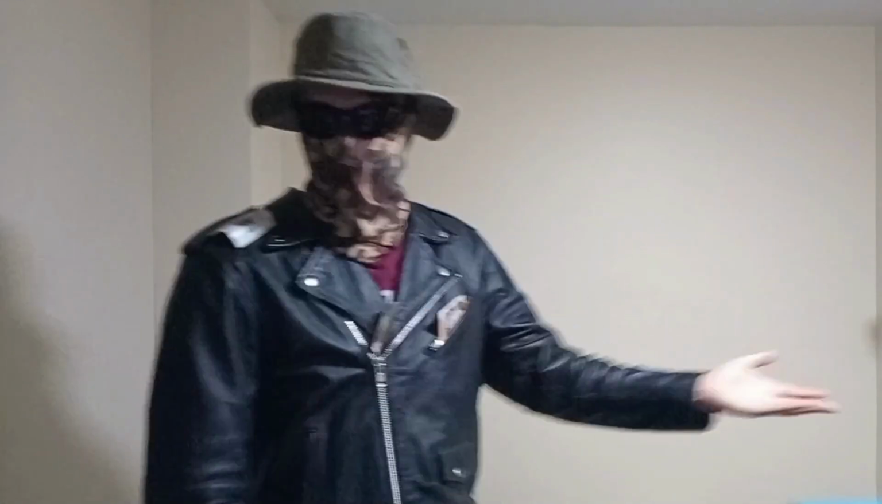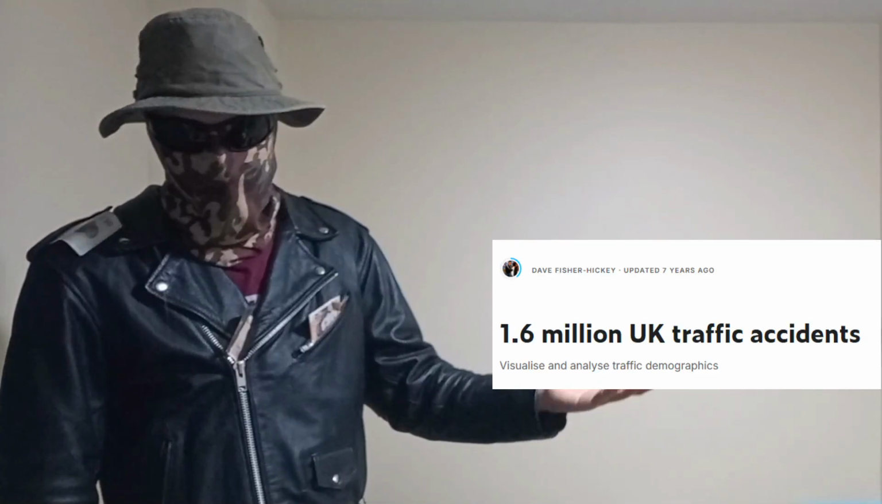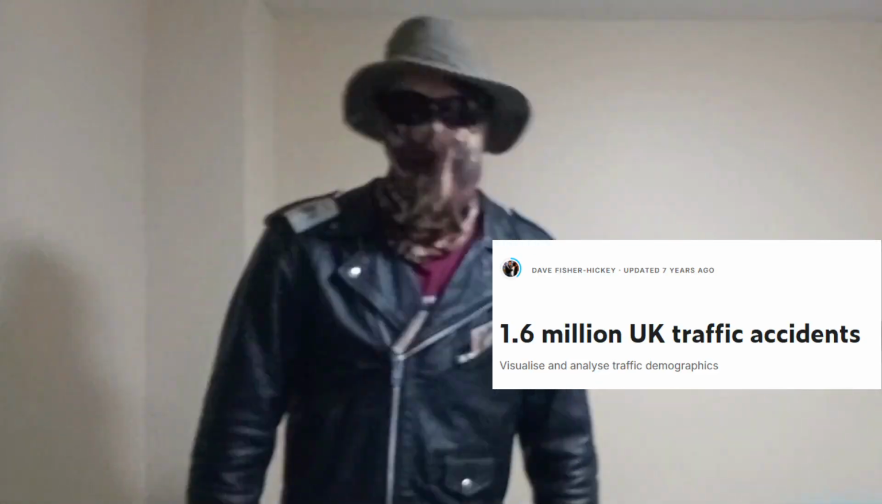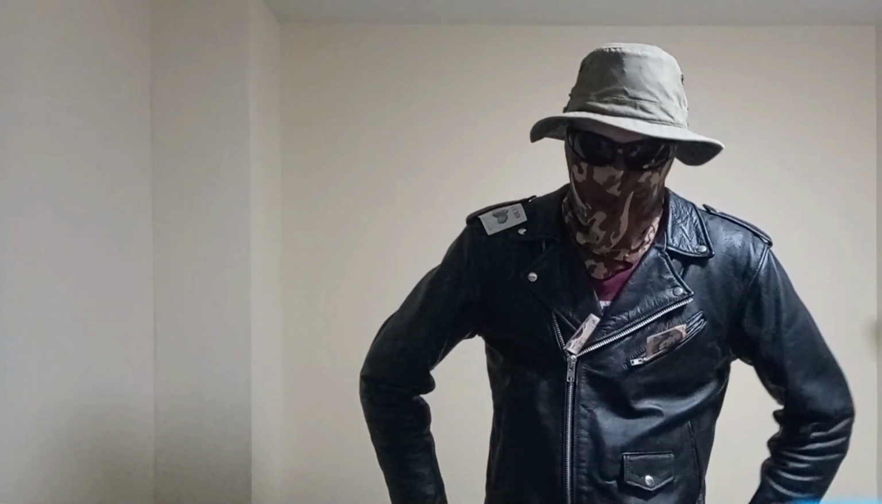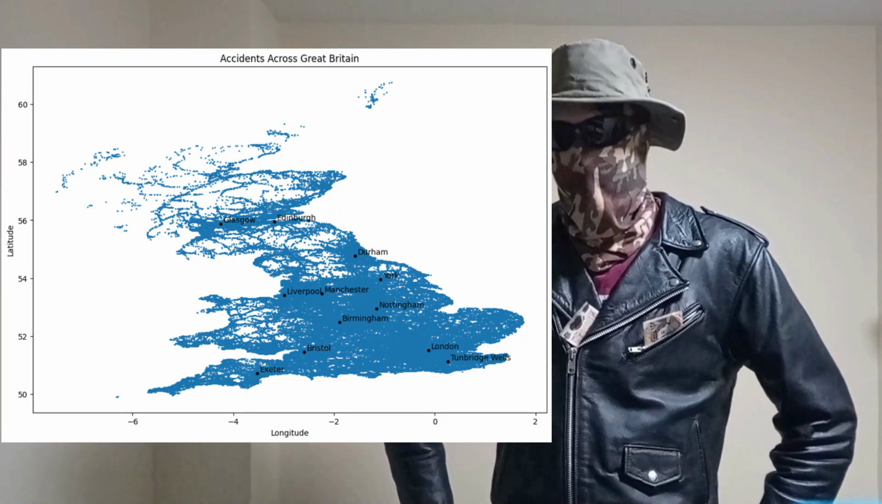I started by finding some data, and I stumbled upon this data set on Kaggle. And it's from official police records. And the police are famous for never making any mistakes, right? I started by plotting the longitude and latitude of all the points in the dataset on a graph, which went